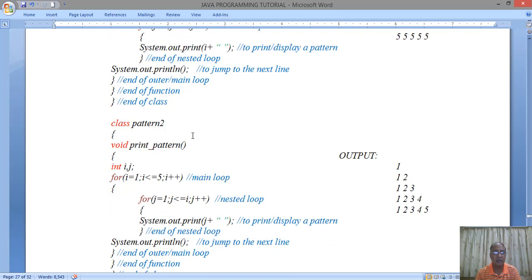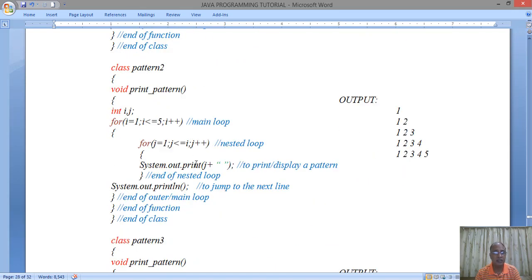Now we go to the next pattern. Next pattern is, we have changed slightly. The loop is same, 1 to 5, and j is 1 to I only. But here instead of printing I, we are printing j. Now you see the value of j is changing from 1 to 5. From starting it is 1, then it is 1, 2, then it is 1, 2, 3, then it is 1, 2, 3, 4, then it is 1, 2, 3, 4, 5. So these sort of numbers, 1, 1, 2, 1, 2, 3, 1, 2, 3, 4, 1, 2, 3, 4, 5, all will be printed in this form. This is the output for the second pattern by this nested loop.